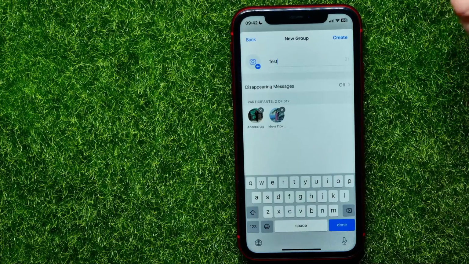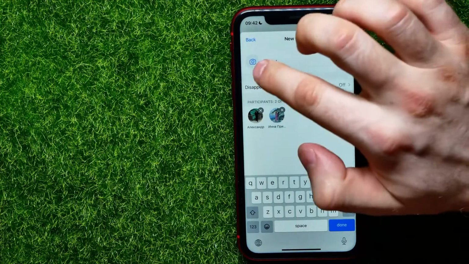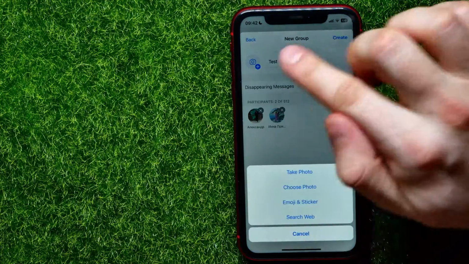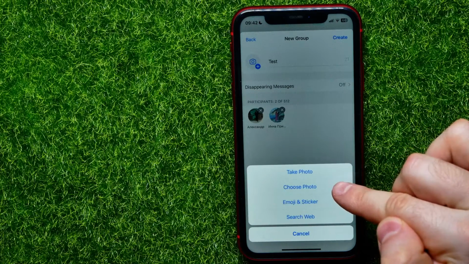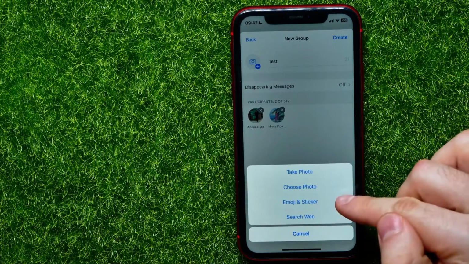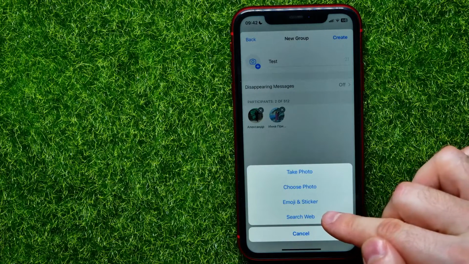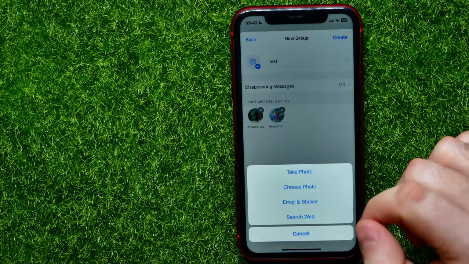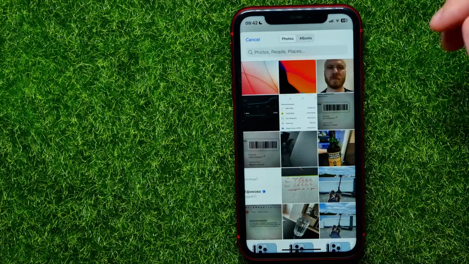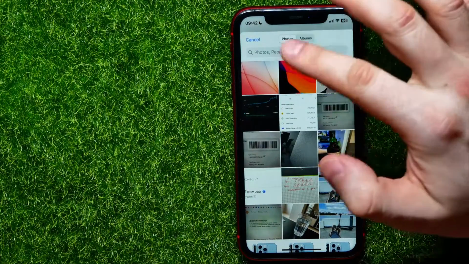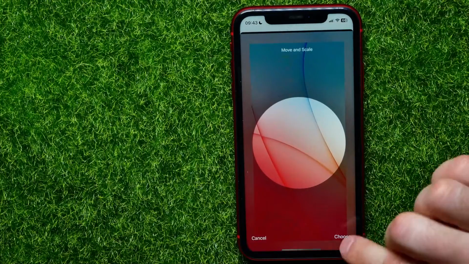I'll just type in test, and there you can tap on the plus sign to add a group image. You can take a photo, you can choose a photo, you can use emoji and sticker, or you can search the web for some specific photo. I'll tap on choose photo to open up my phone's gallery, and from here let me select this one,